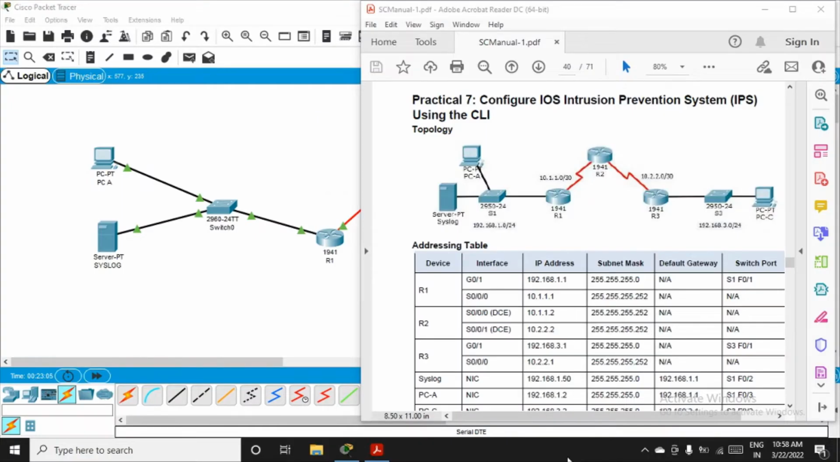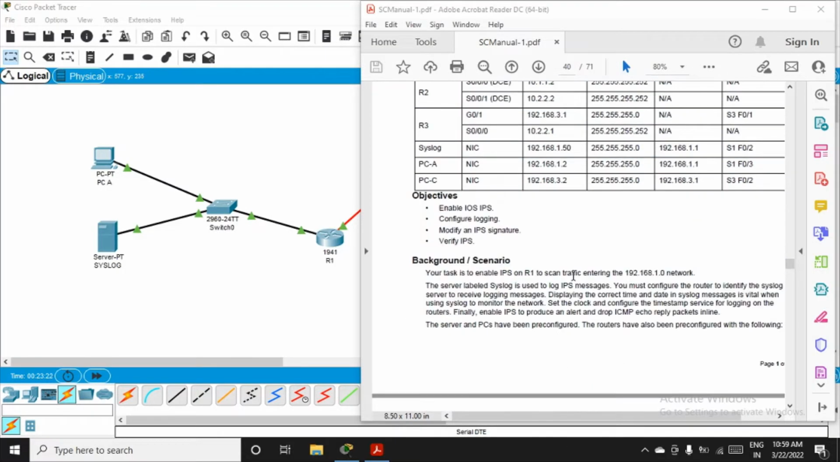Okay, welcome to part 2 of practical number 7, that is configure IOS Intrusion Prevention System using the CLI. IOS stands for Internetwork Operating System. So we just have to implement here an IPS system on router R1. The scenario and objectives are clear: we have to enable the IOS IPS system. We also have to configure the logging because we have